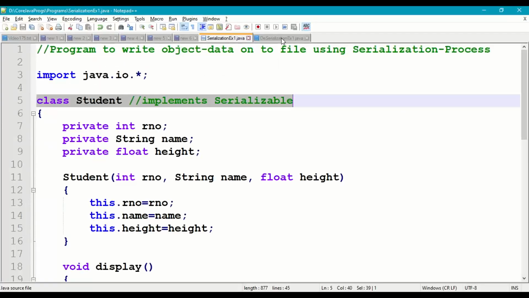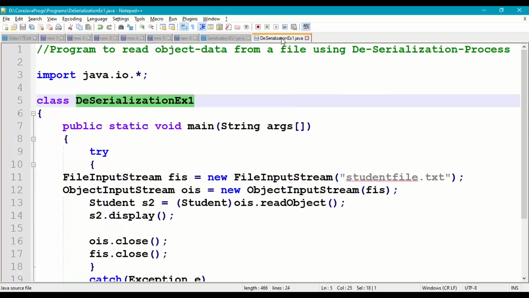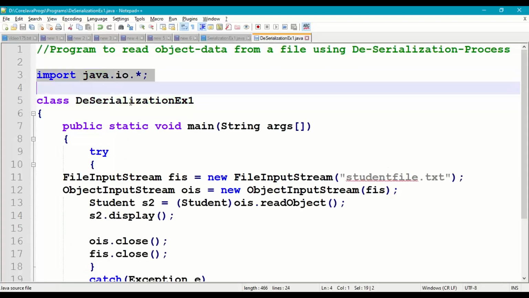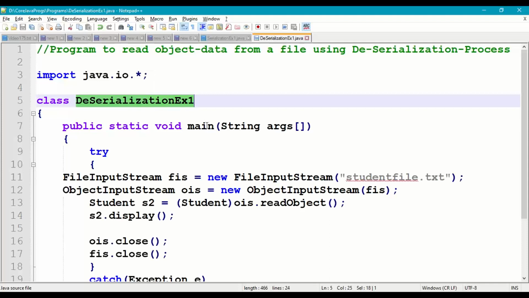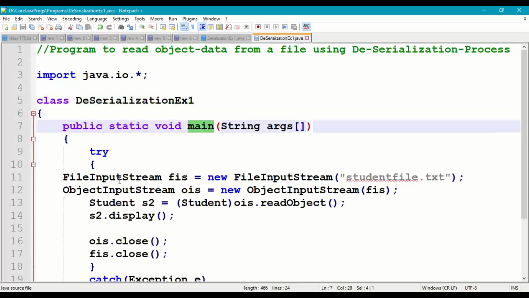And similarly when we do deserialization, so for example, let us say java.io package deserialization example 1, which we have already discussed in deserialization process or program, main method. So first we are creating an object of file input stream and we are opening the same file, student file.txt, for deserialization purpose, and then we are passing that FIS as a parameter to object input stream.